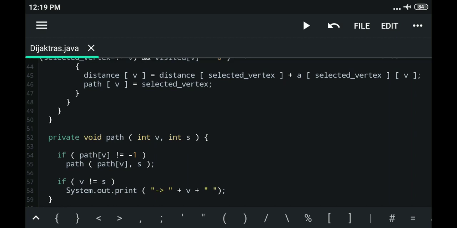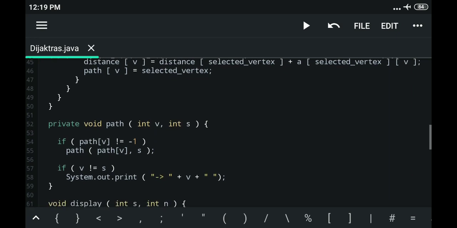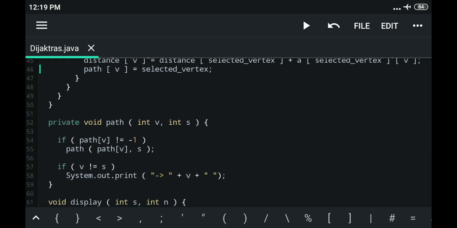So we update the distance of the vertex we are traversing to with the relaxation formula, and set the path of the vertex V from the selected vertex. The relaxation formula is distance of V equals distance of selected vertex plus the distance between the selected vertex and the vertex V from the adjacency matrix A, and path of V is set to the selected vertex. So once this is done,